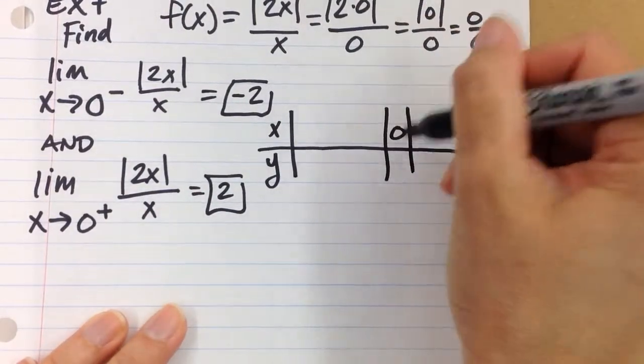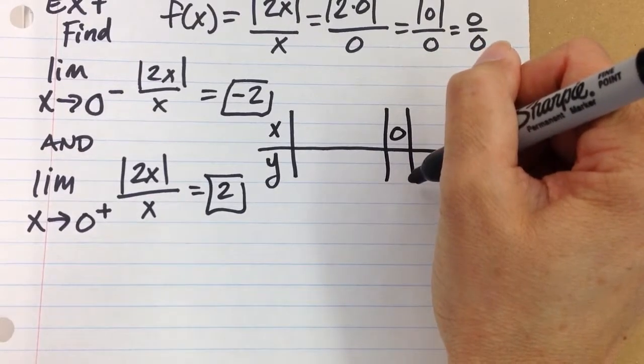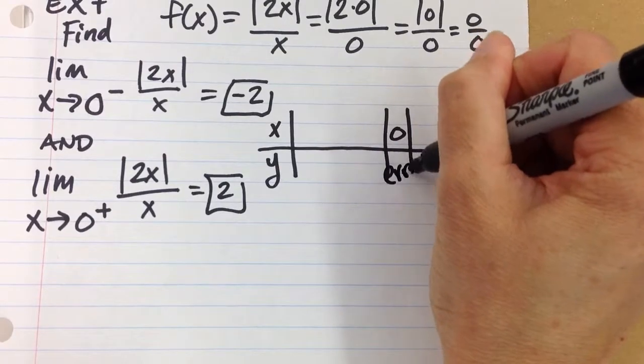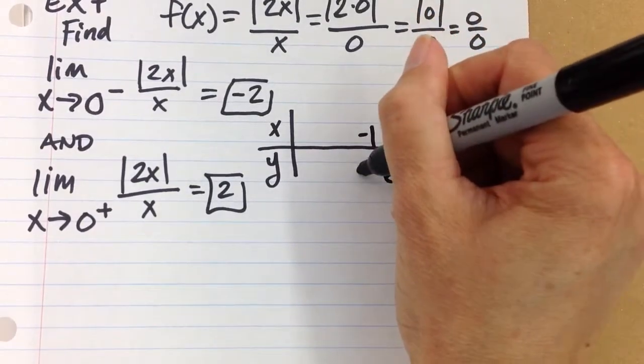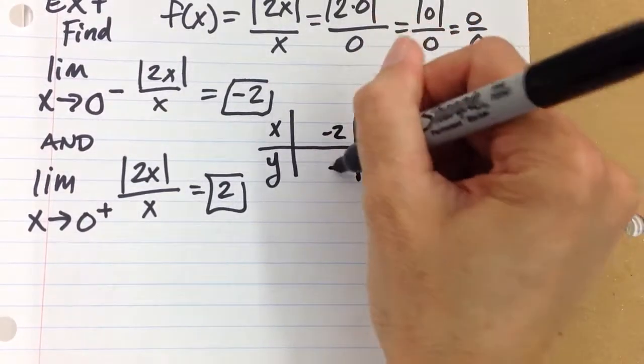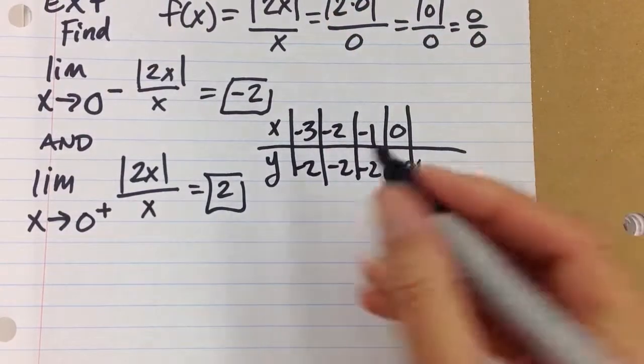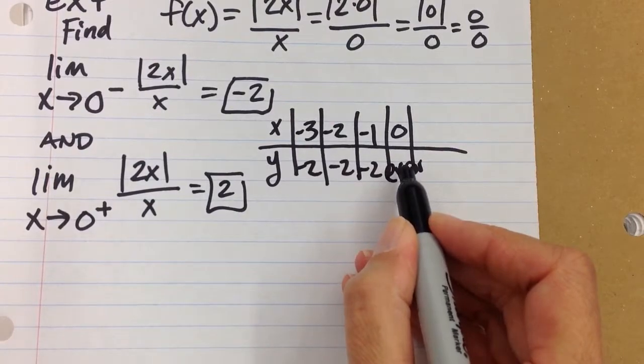Right, but at 0, it's approaching -2. Specifically at 0, so I get an error at 0, right? But at -1, it's -2. At -2, it's -2. At -3, it's -2. Right? As we approach 0 from the left, it's